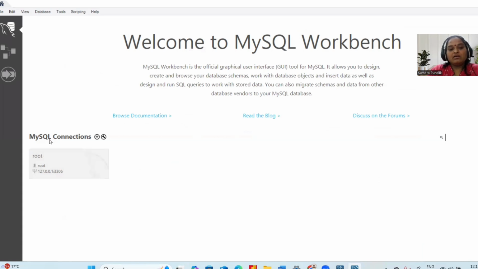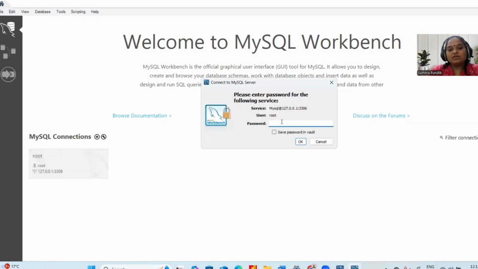Click here to find the MySQL connections. Your user is root, so click on root. Every time you start MySQL Workbench, you need to click on this user root.